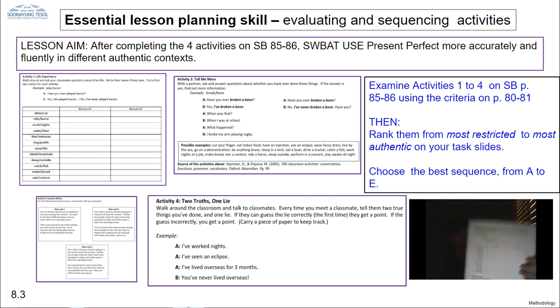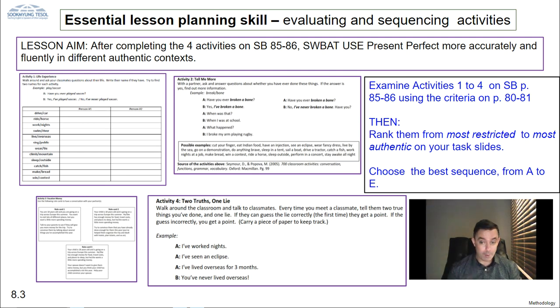They're all present perfect activities. By the way, this is why we don't allow you to use present perfect in your own lesson plans, because all of our materials are based on the present perfect. So we like you to do a different target grammar when you come to that task, when you come to those lesson plans. All right, so let me take you through each of them in the book. If you notice,